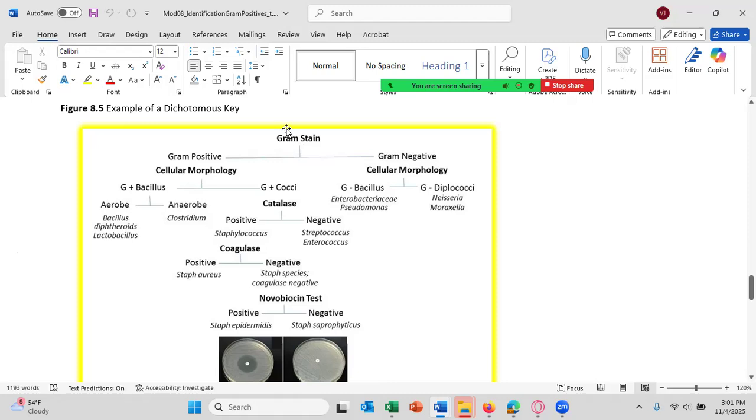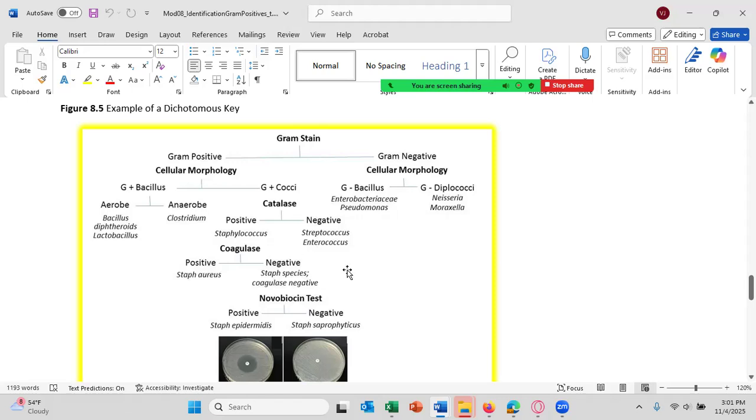We do the gram stain, and if it's gram positive, we'll then take this one. If it's gram negative, we're going to throw these out. So it's gram positive. You can then split the gram positive bacteria into the gram positive bacillus and the gram positive cocci. We're going to throw out the gram positive bacillus and talk about the gram positive cocci. So we can take the gram positive cocci and run the catalase test on it. If it's catalase positive, then it is of family Staphylococcus. If it's catalase negative, it's not Staphylococcus and it's either a family Streptococcus or Enterococcus.